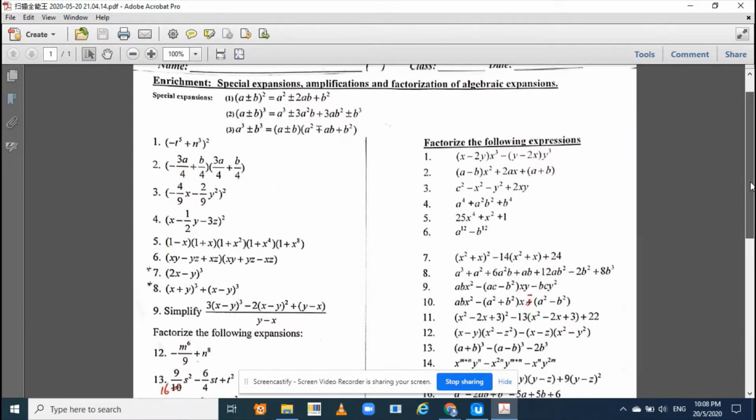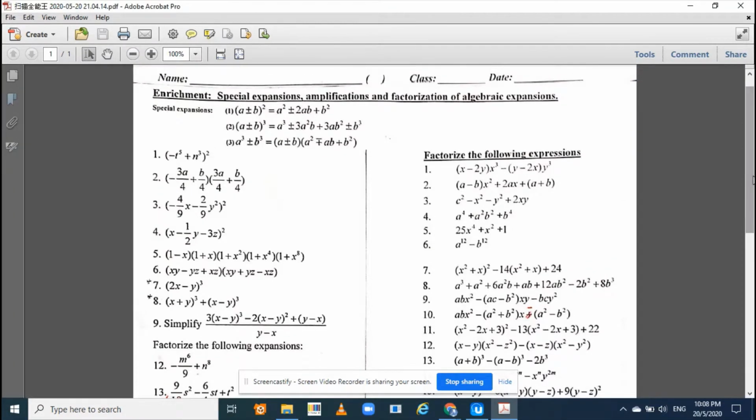Okay, I have an enrichment exercise for you. The questions are harder than the usual questions that you're doing in your exercises, worksheets and assignments. Okay, these are more difficult. There are some Sec 3 stuff. If you like to challenge yourself,